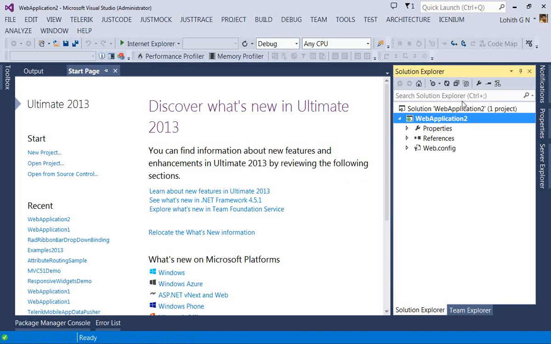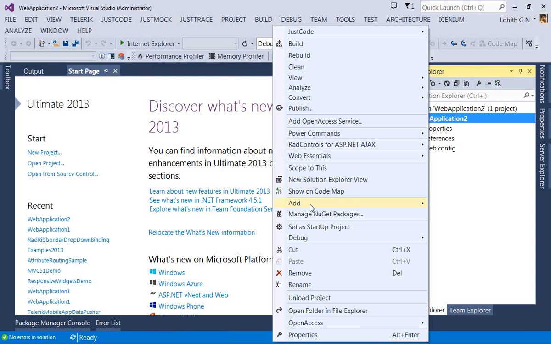So that is an empty template. As you can see, there's hardly any code. Now what I can do with an empty project is come back here and say, hey, I want to add